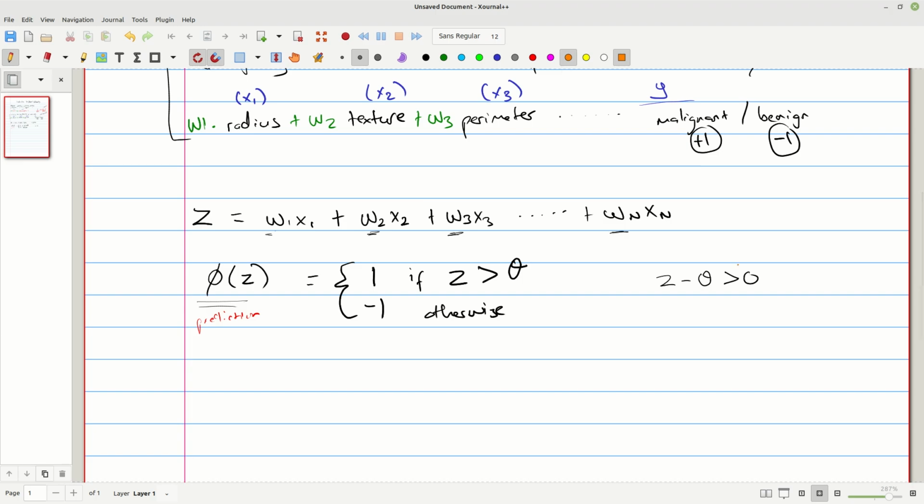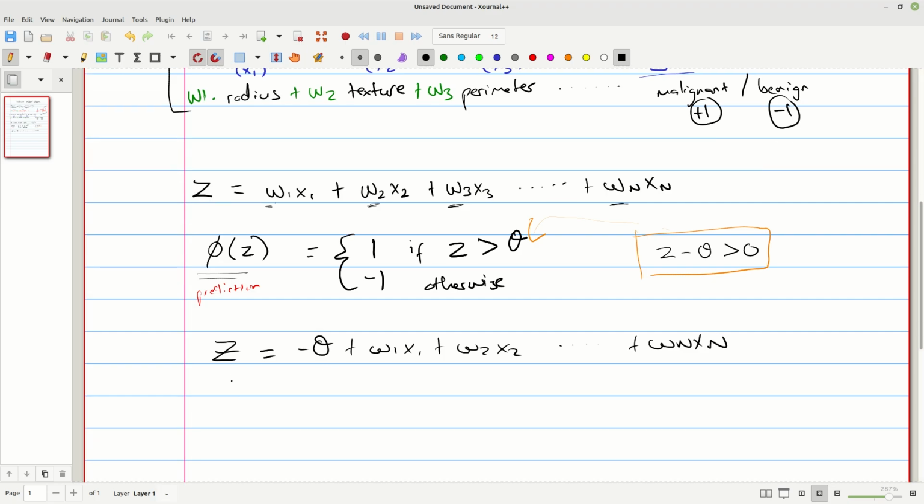We can infer this directly. So if we put the minus theta on that side, we can instead write it as minus theta plus w1 x1 plus w2 x2 all the way up to wn xn, right?